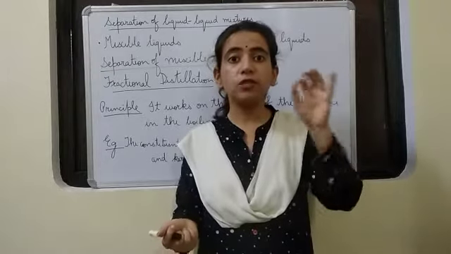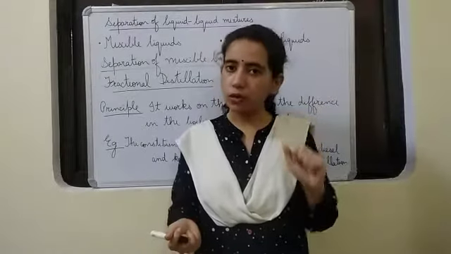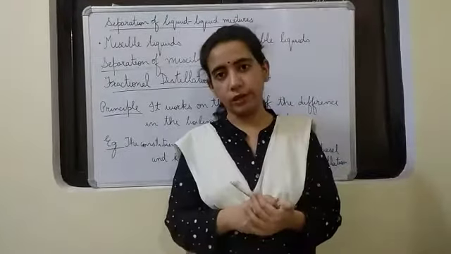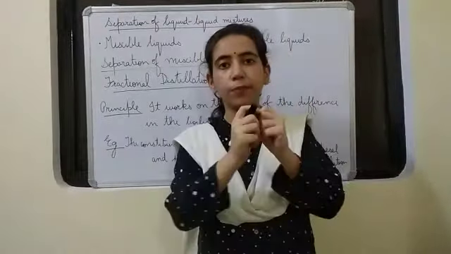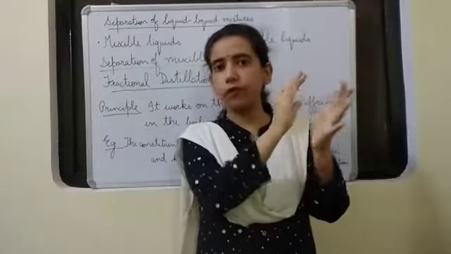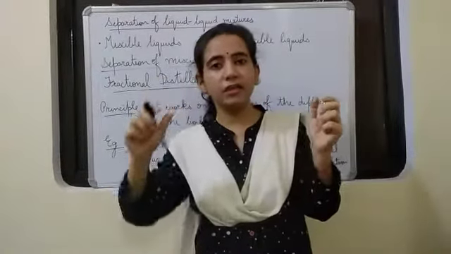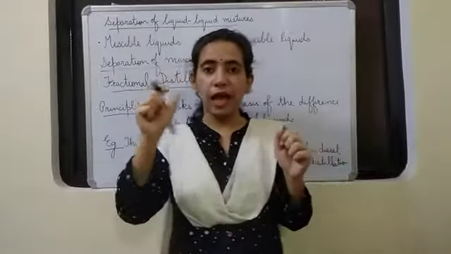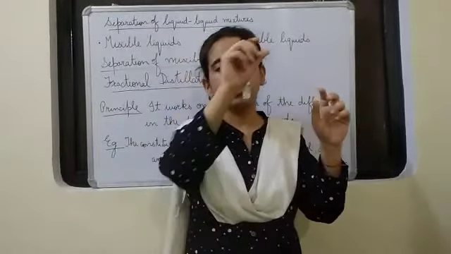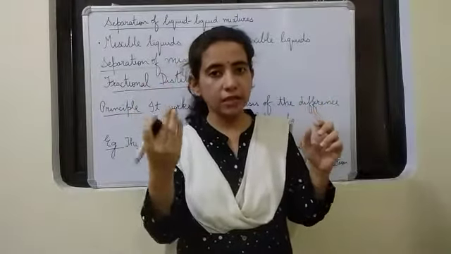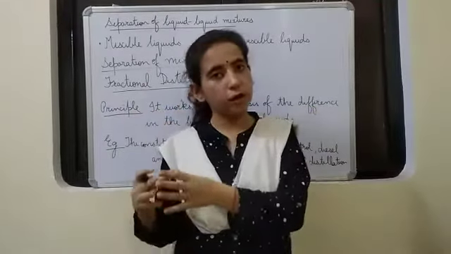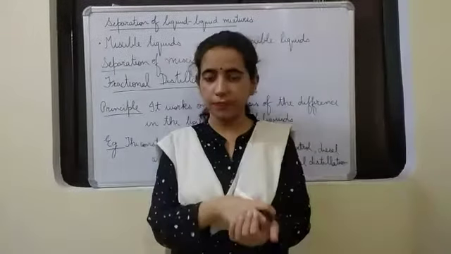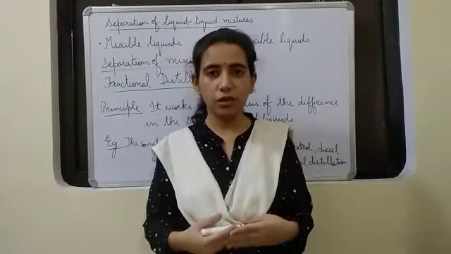If we mix alcohol and water and afterwards want to separate the constituents, we will boil it, we will heat it. Then what will happen? Alcohol will form its vapors first, because it has a lower boiling point. Then we can trap those vapors of alcohol and condense them. As in distillation, in the condenser they get a cool surface area where they get condensed, and that liquid we can collect in a beaker. Then at the end what will be left? Water will be left at the end. And that is the technique for fractional distillation.